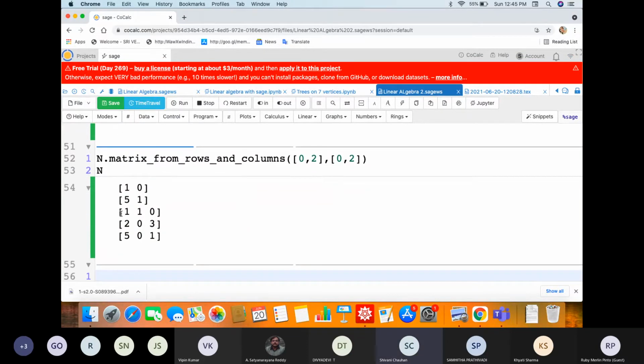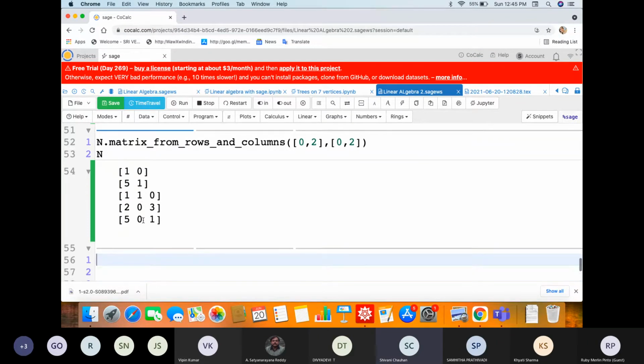Okay, so this was my initial matrix and I want 1051. So this is my submatrix. Here I have typed this matrix so that you can see it clearly. This was our initial matrix and this is our submatrix.